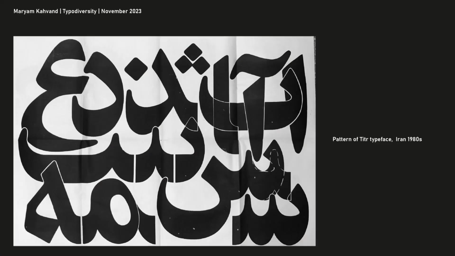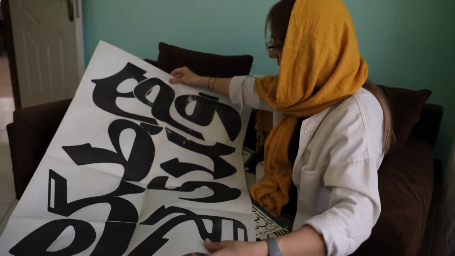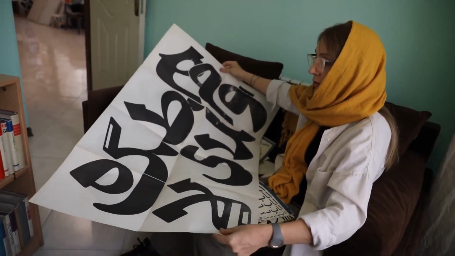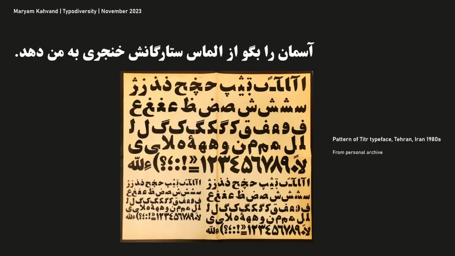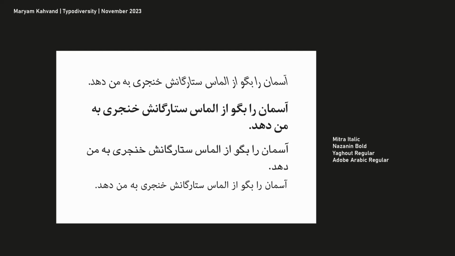The Titr typeface was one of the most famous ones, which was widely used in official and non-official press and advertising in Iran. Its beauty and unlimited use have made it an identity symbol for Iranian visual culture in a specific historical era. Typefaces Mitra, Nazanin, Yaqut, and many other beautiful typefaces, which were designed before the digital revolution, are examples of traditional calligraphic faces